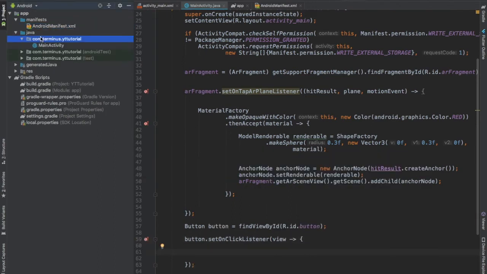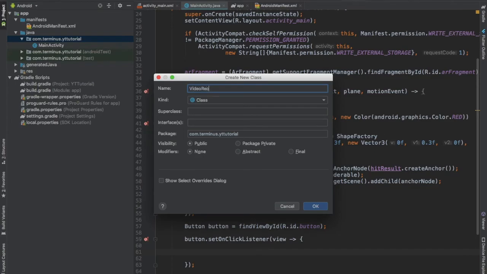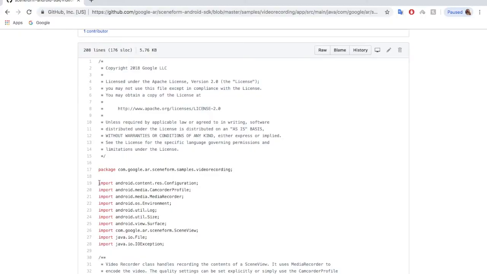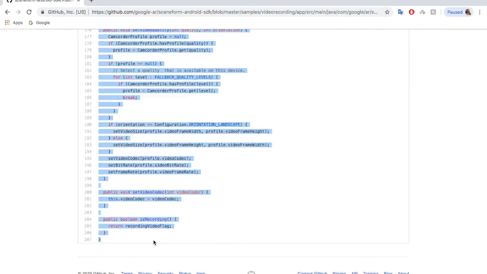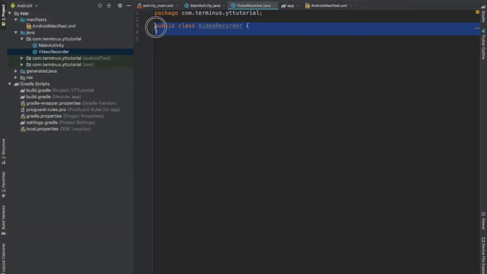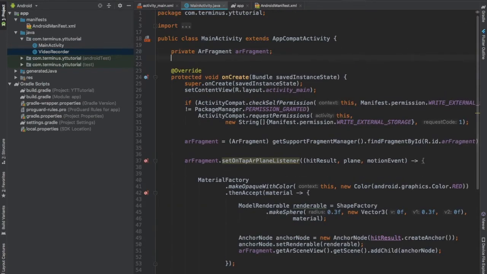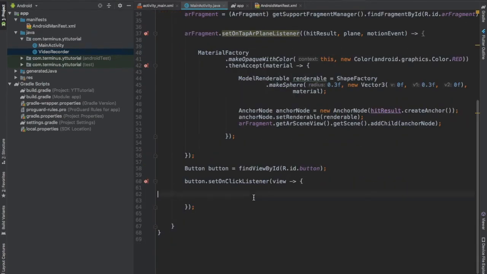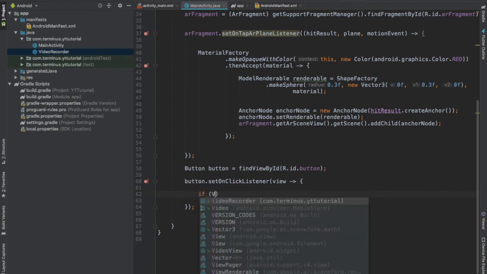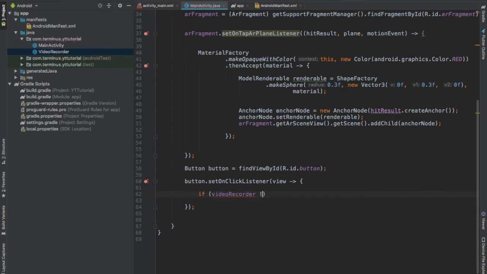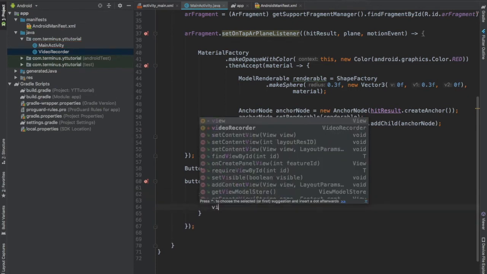Create a new Java class and name this class VideoRecorder and copy this code from this file here. I'll put a link to this file in the description box and paste it in here. And now create an object of that VideoRecorder class, and when the button is clicked, then we will check if our video recorder is instantiated or not. If the video recorder is null, then we will instantiate it, and we will set the scene view of this